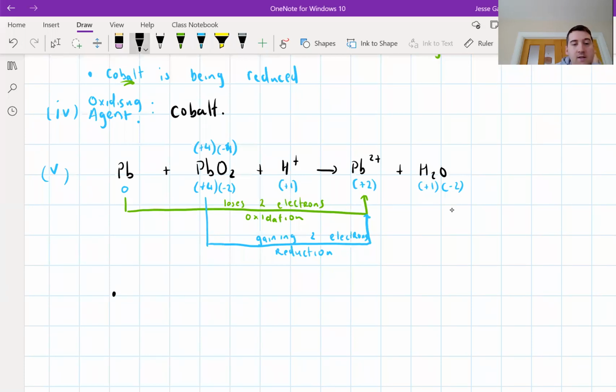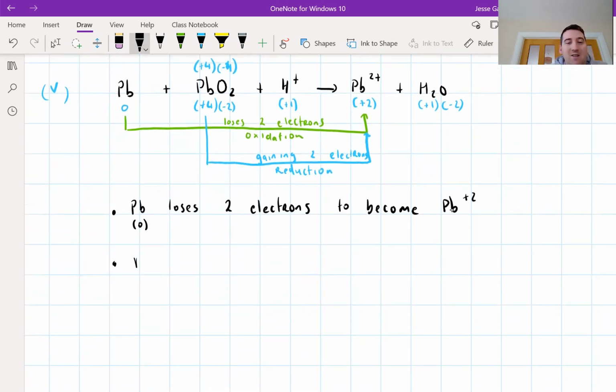The next thing we're going to do is clarify what's going on. So Pb, and this is the Pb0, loses 2 electrons to become Pb +2. I want you to pause the video and write about the other thing, the thing that gains electrons: how many and what does it become. Pause the video, do that now. Okay, so in the second bullet point, we're saying Pb, and this is when it's in its +4 state, gains 2 electrons to become